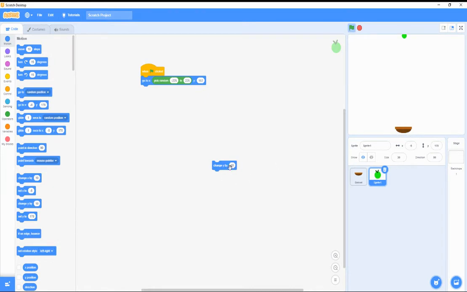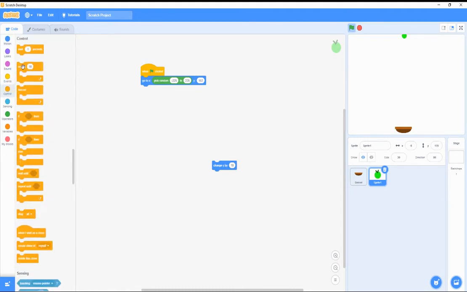So if we're going to go 10 steps each time, we need to repeat that 36 times. So I'm going to repeat 36. If you think about it, it's going to repeat 36 times down 10 steps. So 36 times 10 gives you your 360, which is there to there. So if you look at that,